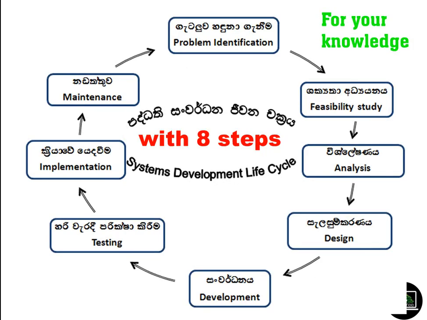Anyway, I like the model shown here now. It is an 8-step system development life cycle. So far we have discussed a 6-step life cycle. It's okay, but I would like to discuss the 8-step life cycle. If you do some advanced learning, you can find some of these things. Maybe in advanced study you can get a 7-step or 8-step life cycle. So here we can show an 8-step life cycle. You just jot this down and keep it with you. One day you may need it.